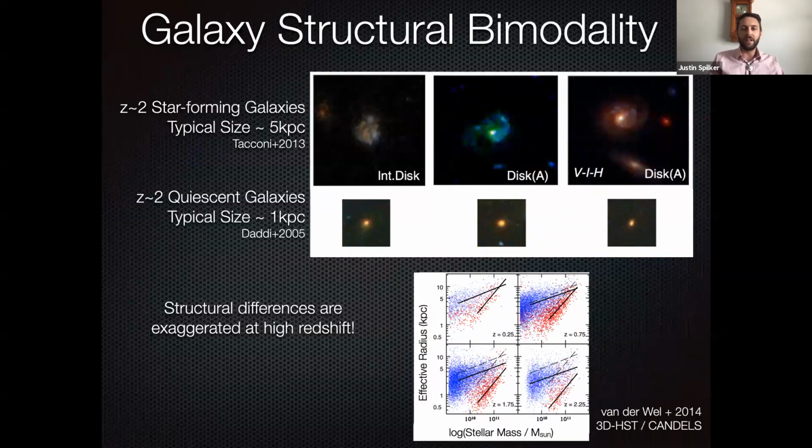And just to give you an idea of what that looks like in terms of images, here are a few examples of typical star-forming galaxies at redshift 2 on that top row. You can see that they're starting to look something like what we think most star-forming galaxies today do. You can see evidence of spiral arms. You can see that those blue colors have remained. But on the other hand, the quiescent galaxies at that time were incredibly small, sizes of about 1 kiloparsec. And I promise this isn't just the same galaxy that I've copy-pasted 3 times. They just really all look very similar like that. And so that tells us that the structural differences between star-forming and quiescent galaxies were really exaggerated at high redshift.